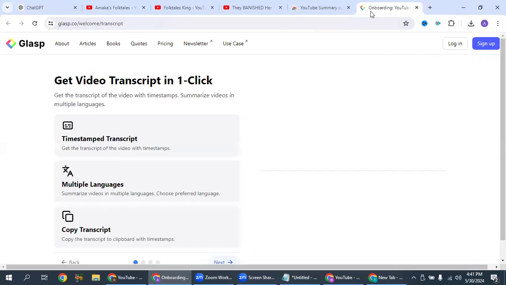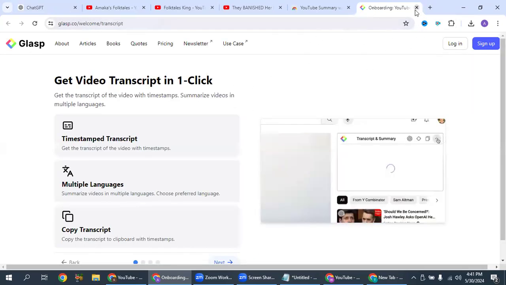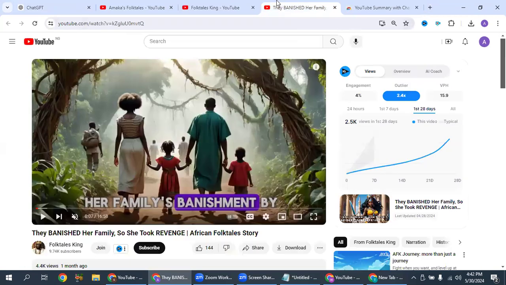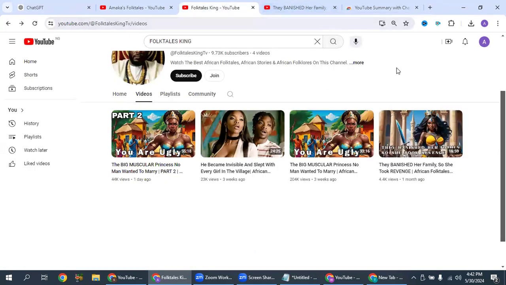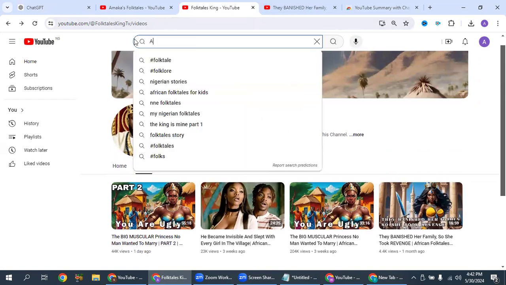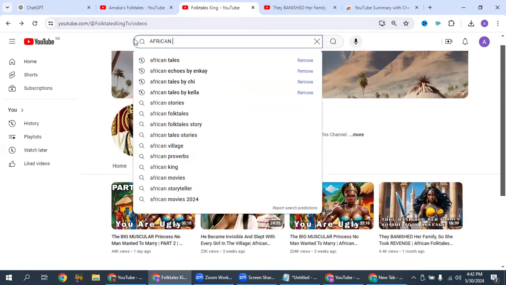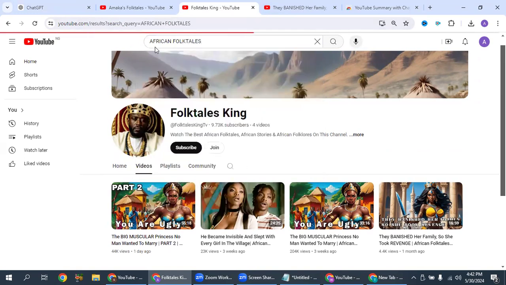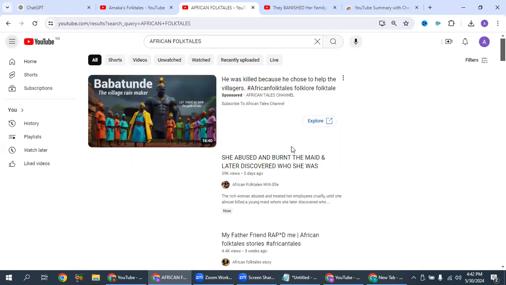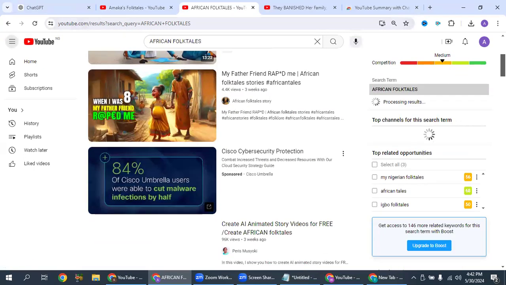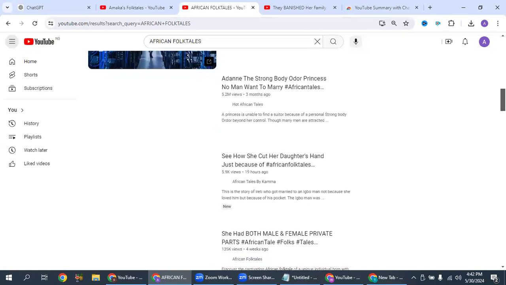Okay, so the extension has been added. You can see. Yeah, so right now, if you want to remodel an already existing video that's working, you have to go ahead to go to YouTube and type African folktales. Okay, African folktales. So no matter what your niche is or what your storyline is, you can utilize this same strategy. So you see, if you come here, you scroll down and check for the kind of video you'd like